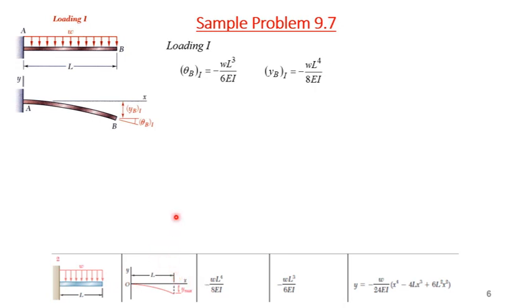So if we consider loading 1, we know the deflection of the beam and the slope of the beam. This deflection will be minus WL^4 by 8EI, and the slope is minus WL cube divided by 6EI. Okay, now for loading 2,